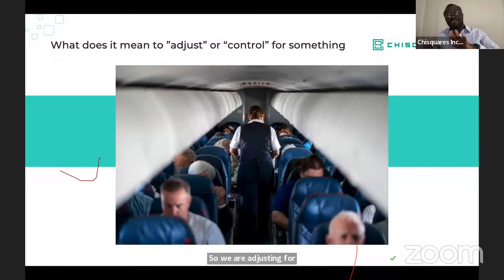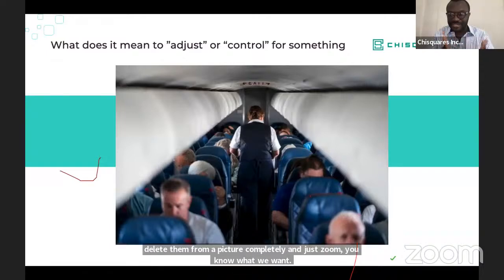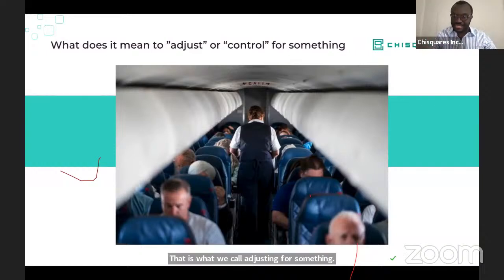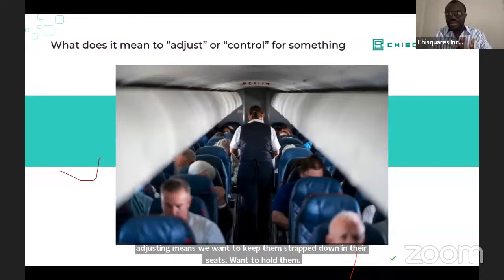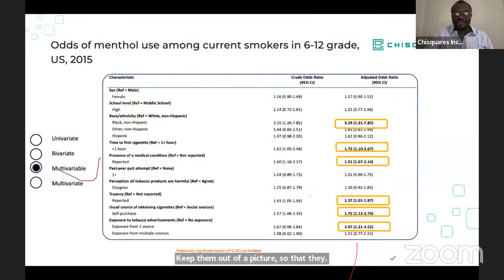So in other words, we're trying to delete them from the picture completely and just zoom in on what we want. That is what we call adjusting for something. So adjusting means we want to keep them strapped down in their seats. We want to hold them, keep them out of the picture so that we focus only on the outcome, right? So let's go back to that previous